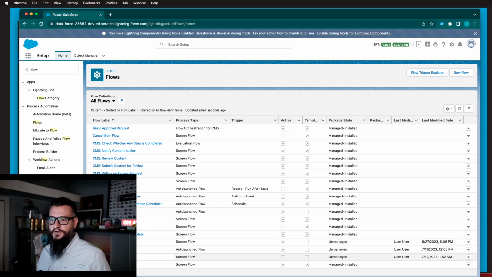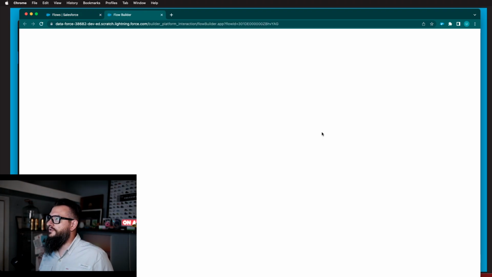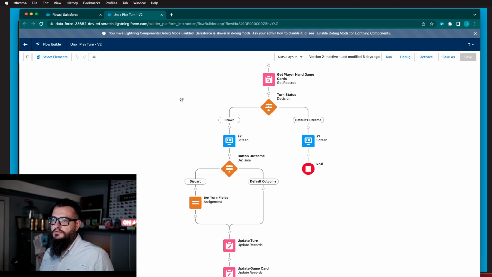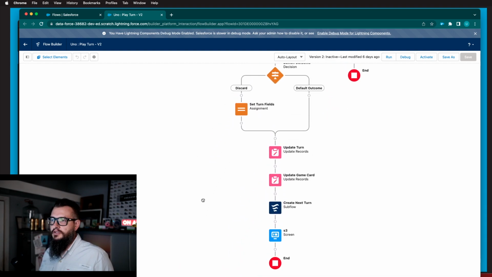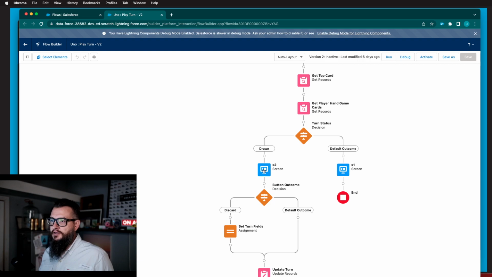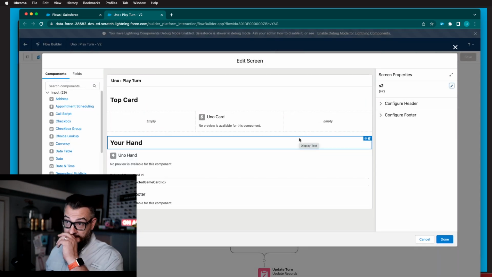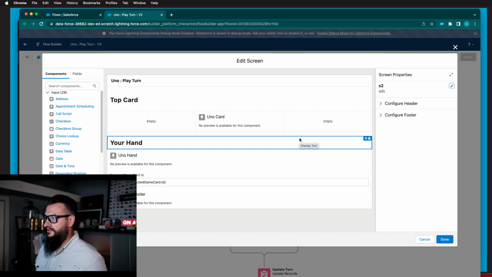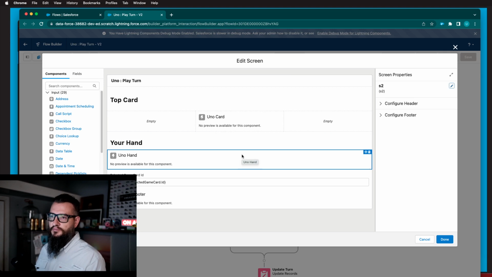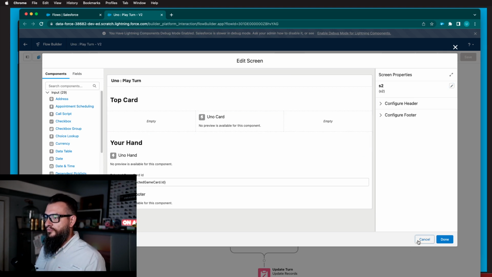Okay, where were we? We were looking at the play turn screen flow. This was the subject of our extra clip from last week. And I'm not going to go through all of that because that would just be like redoing what we already talked about. But suffice to say, this is the page or the screen in the flow where the player picks what card to play. And if we preview this